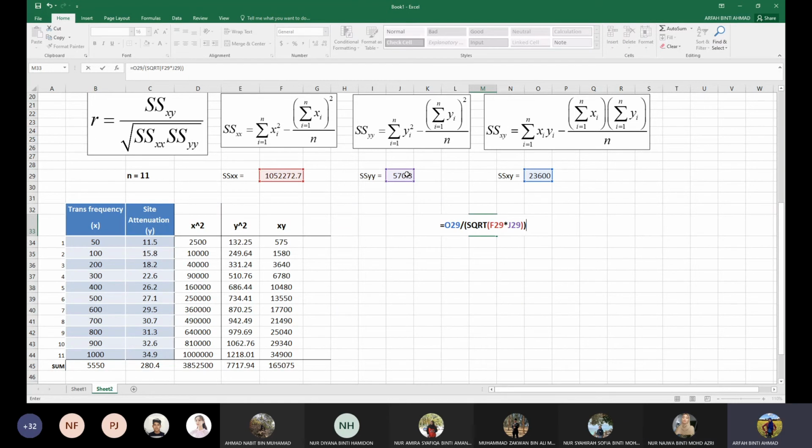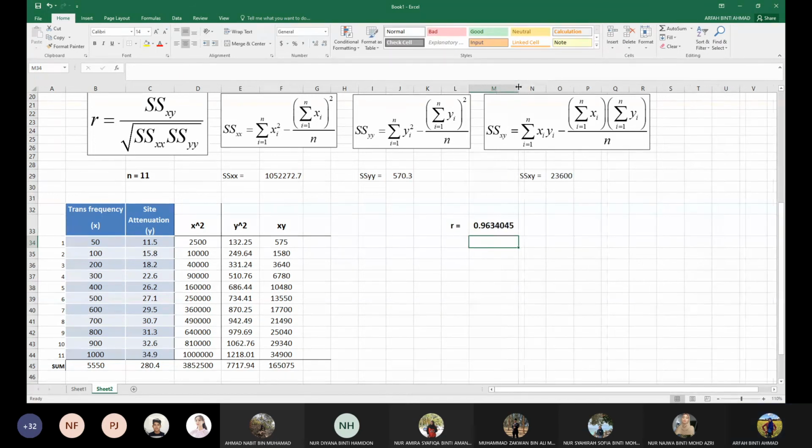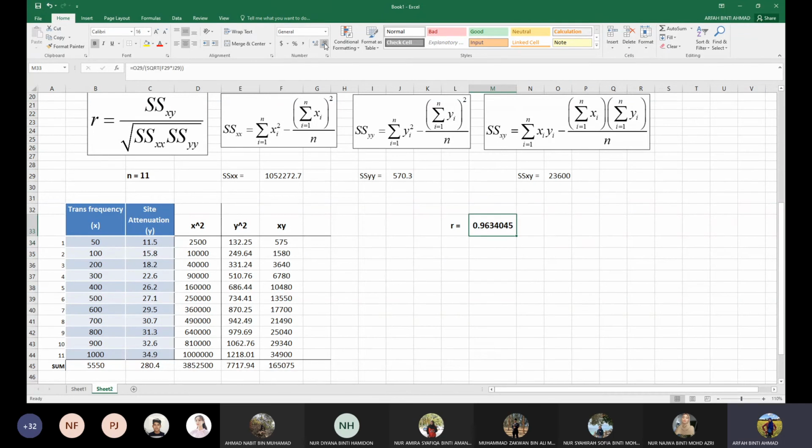Ni Najwa. Dapat. Ni dapat semua. So saya enter 0.9634. Okay. Saya nak ambil 4 titik perpuluhan je, decrease the decimal. R sama dengan 0.9634. So kita boleh cakap dekat sini,